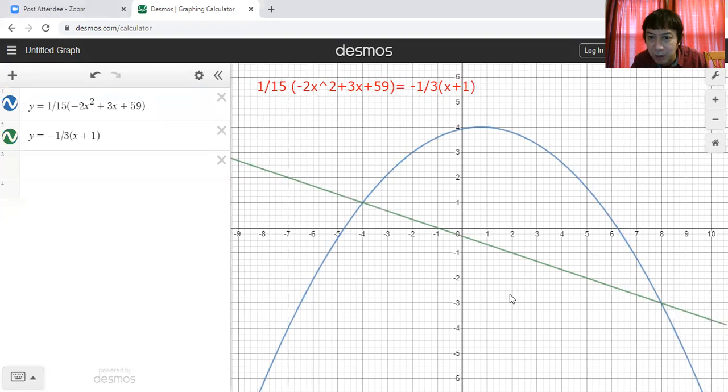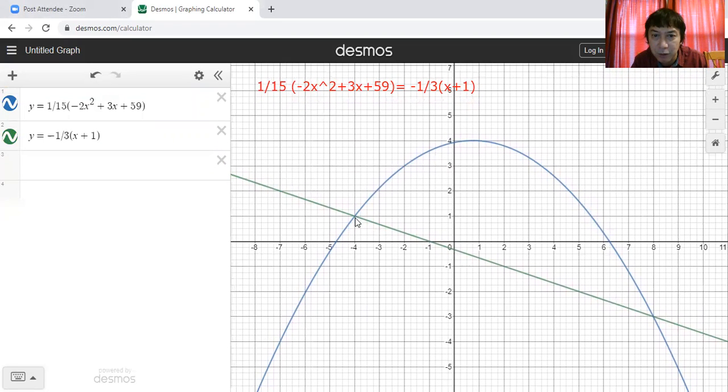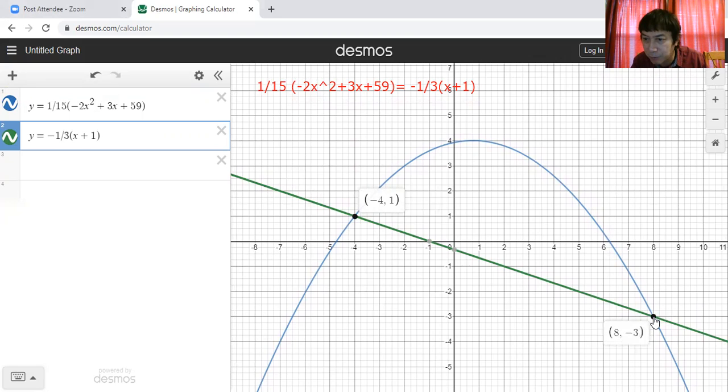So we can see on the screen a point here with X and Y coordinates, and also the other one in the fourth quadrant. Now, we're only after the X because we're solving a one variable equation in the first place, so we will take note of the answers. X is equal to -4, and X is equal to +8. And these are the answers.